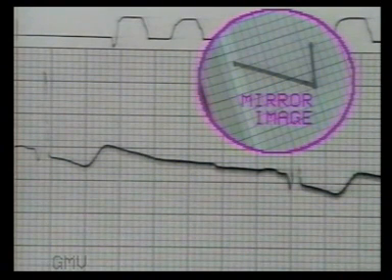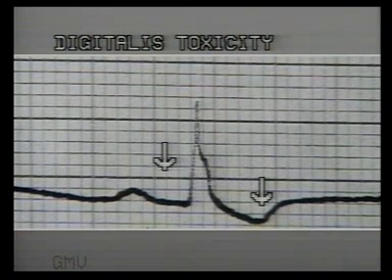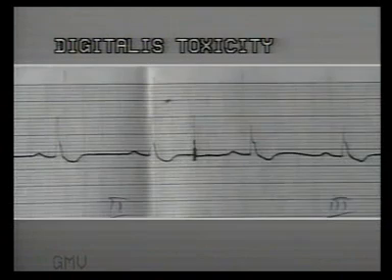The T wave is flat. It is best seen in leads with a prominent R wave. The inset shows the mirror image. In this ECG, note the characteristic ST depression with slow downward slope and steep upward rise. The T wave is flat and the PR interval is prolonged, indicating first degree heart block. In this ECG once again, the characteristic ST segment depression of digitalis toxicity is seen.